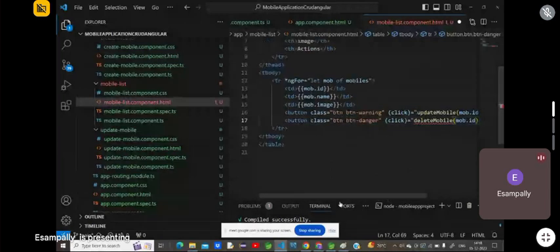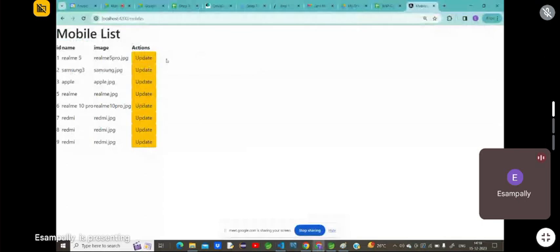Now, let us understand. First, need to implement this method, right? Yes or no? To implement this method here, delete button will come for all these particular list of mobiles. When you click on that, it has to be deleted. Okay, so for that purpose we need to write down the